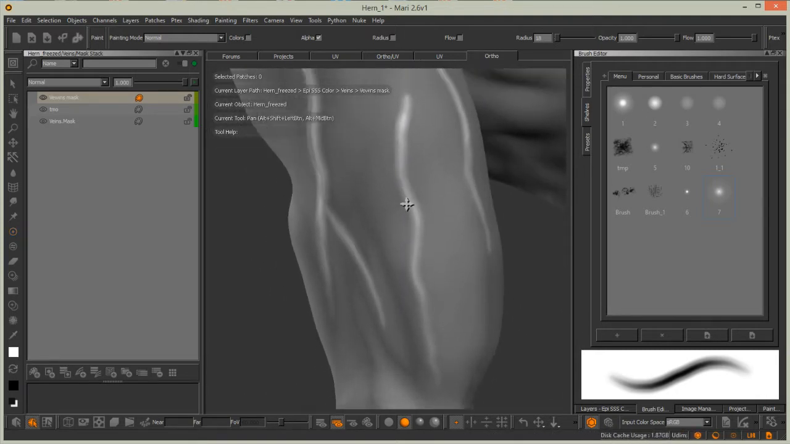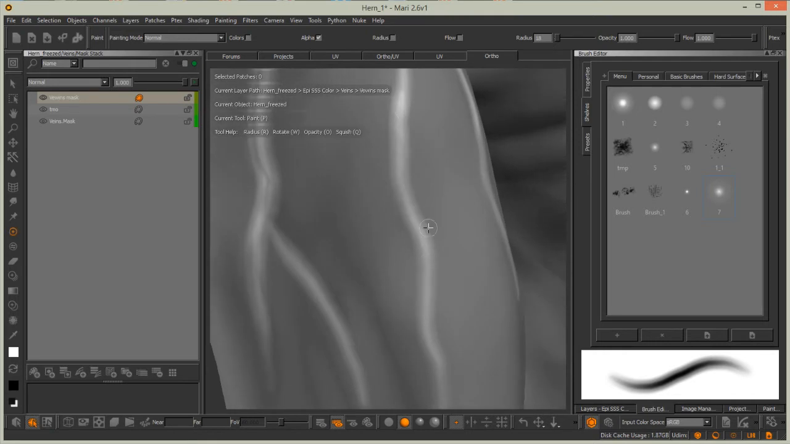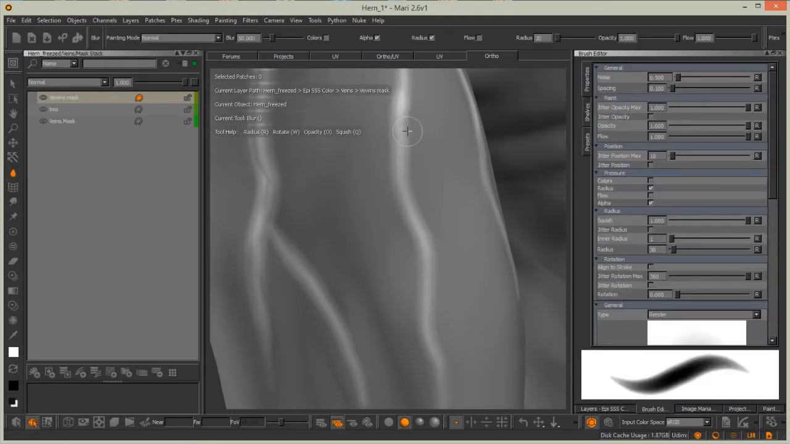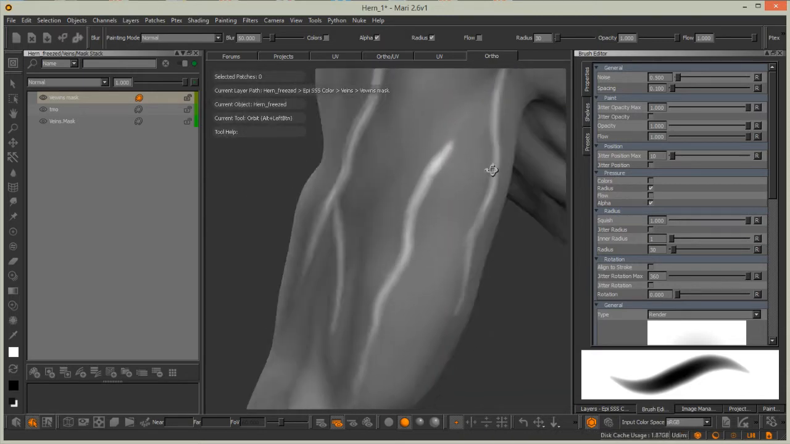Okay, and we got nice blending, and we can also use the blur tool to blur this paint, but I think we can just make it a little bit better. Okay, so